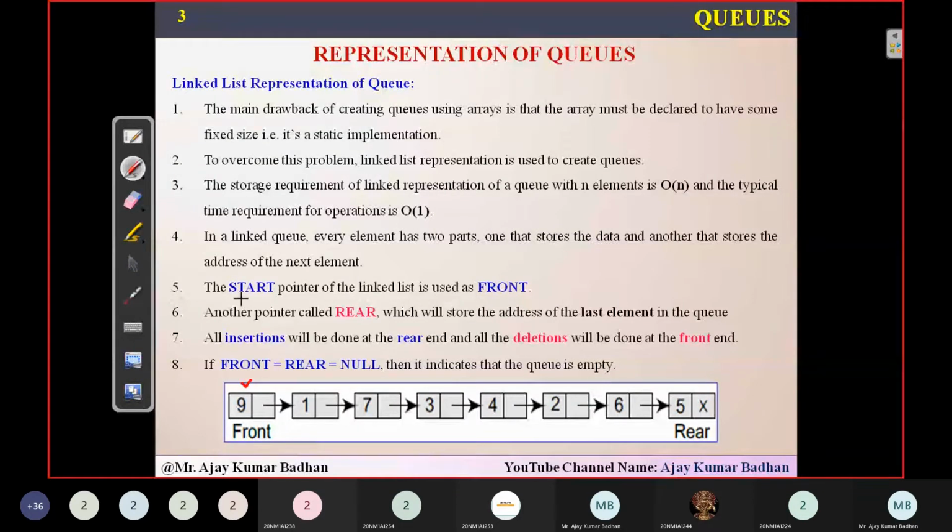So here that start pointer I am replacing, that is a pointer variable. So here front is a pointer variable. I am replacing this variable name start with this particular pointer variable called front. This front is similar to the start variable we used in our linked list concept. Apart from that, we used to declare pointers, right? Pointer equal to new node whenever.